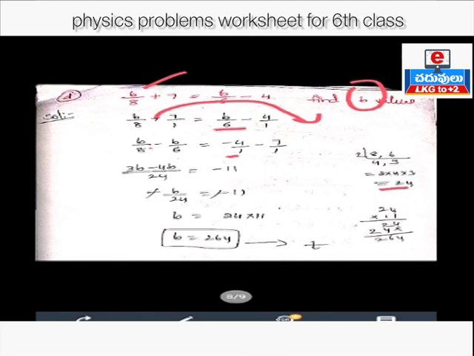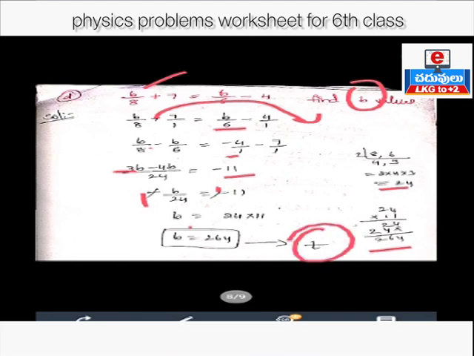First fraction denominator is 8, children. When we get 24 in 8 table, 8 3s are. Again the 3 is multiplied by b. So I can write here 3b minus, when we can get 24 in 6 table, 4 times, 6 4s are. 4 is multiplied by b, 4b is equal to minus 7 minus 4 is equal to minus 11. 3b minus 4b, that value is nothing but minus b by 24 is equal to minus 11. Both minus minus cancelled. B equal to 24 into 11. By multiplying these two numbers we can get here 264. So what is the correct option here? We can get option T.